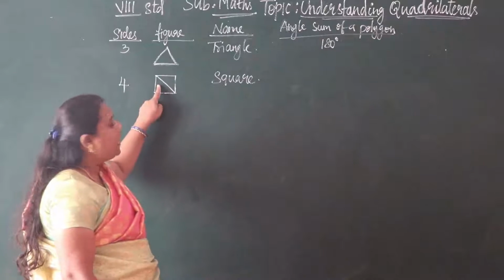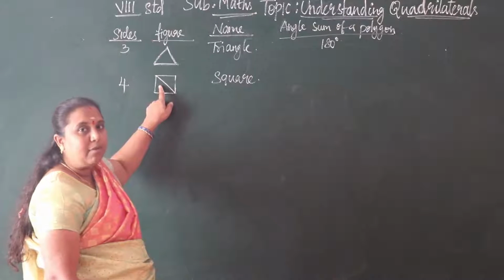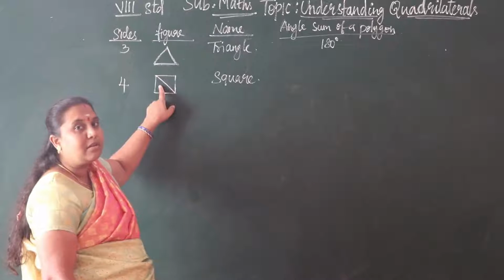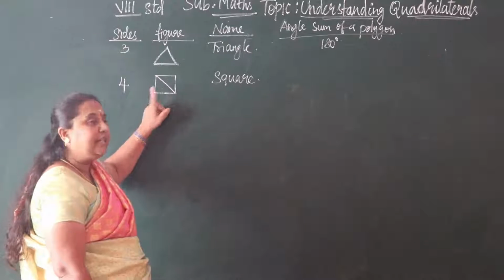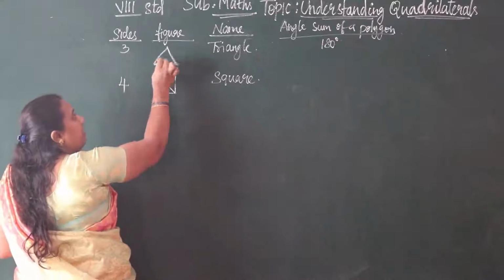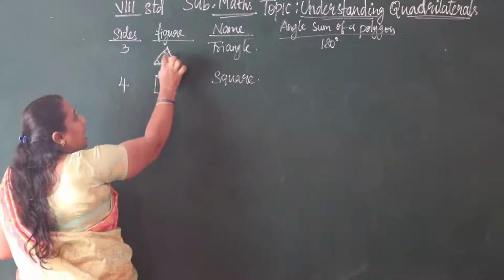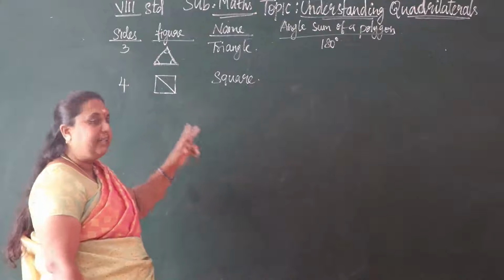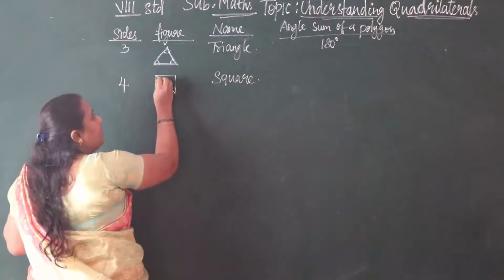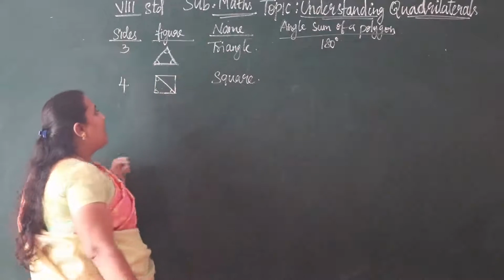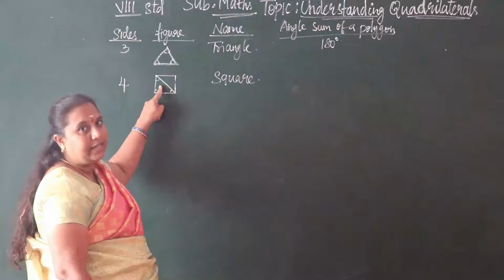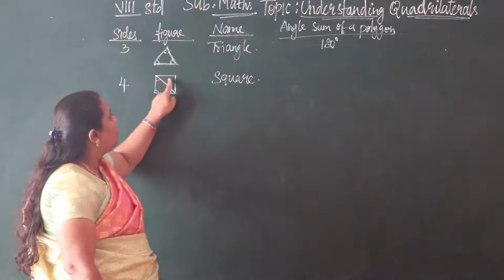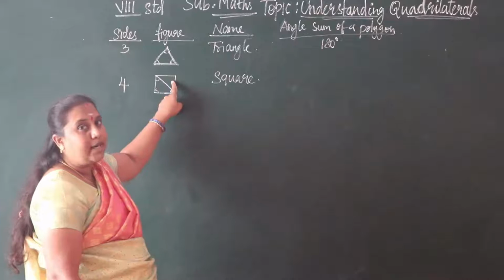We know the sum of the angles of a triangle is 180 degrees. Sum of the angles means we are adding the three angles of a triangle. That we can say is 180 degrees. So the same here, we have the sum of the angles of a triangle is 180 degrees into 2. How many triangles are there in the quadrilateral?